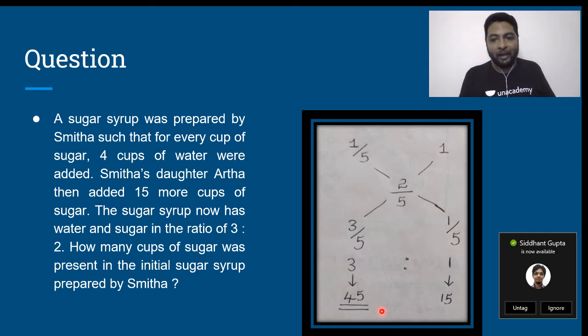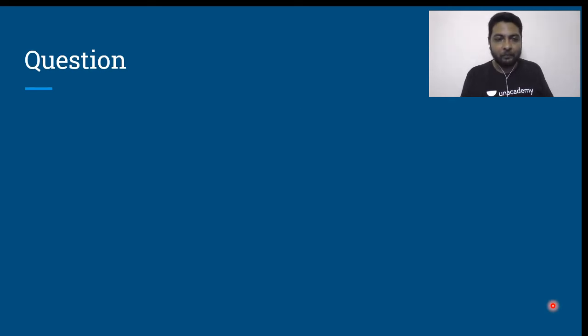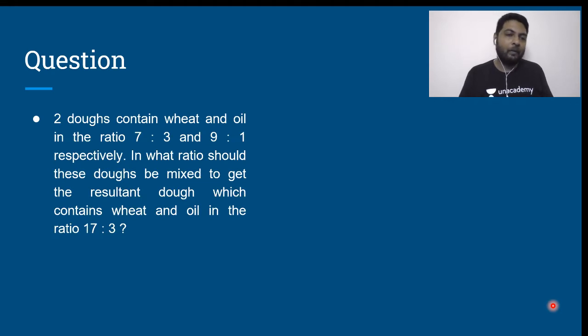Now, let us take another question. Again, I'll give you about 2 minutes. You can use a similar approach to what we used for the previous question. 2 duffs contain wheat and oil in the ratio 7:3 and 9:1 respectively. In what ratio should these duffs be mixed to get the resultant duff, which contains wheat and oil in the ratio